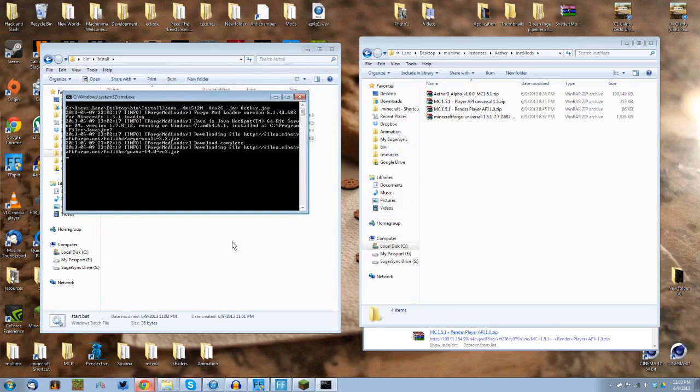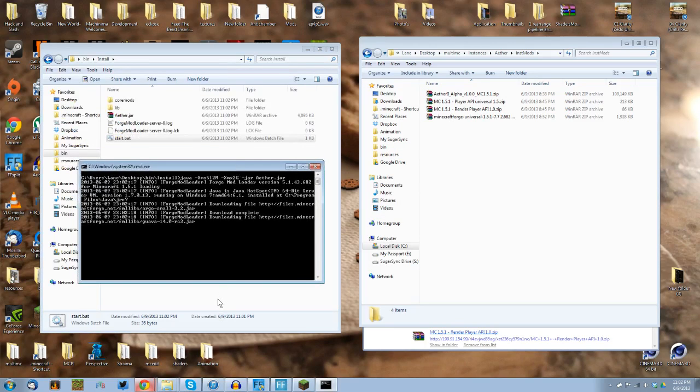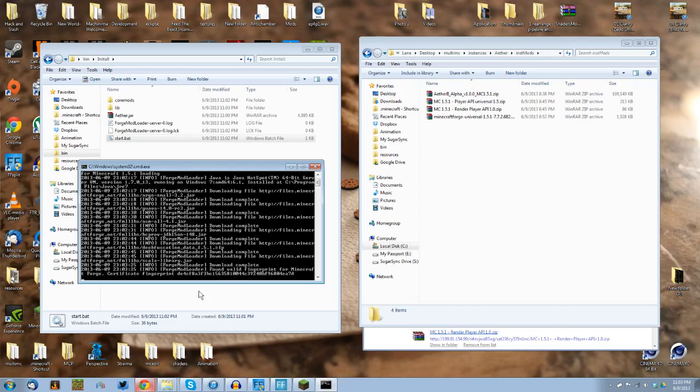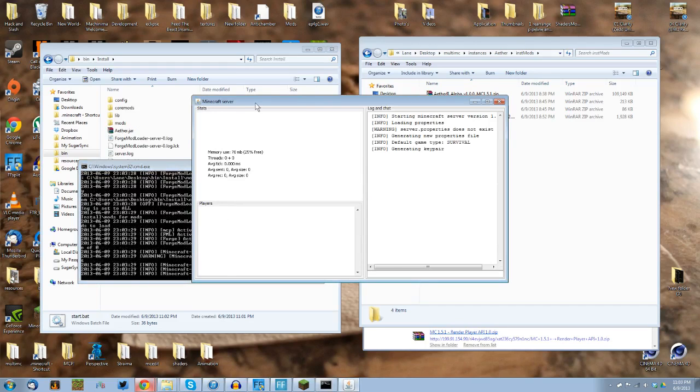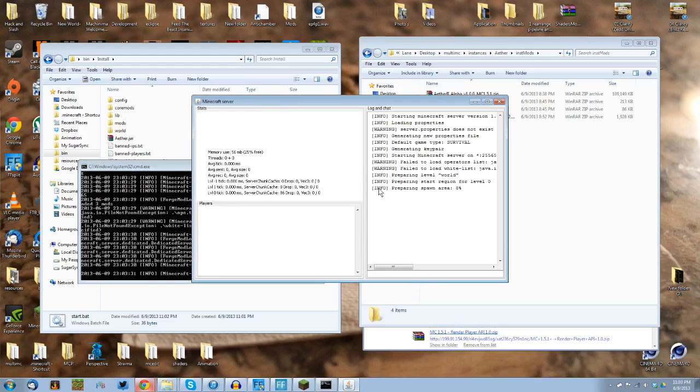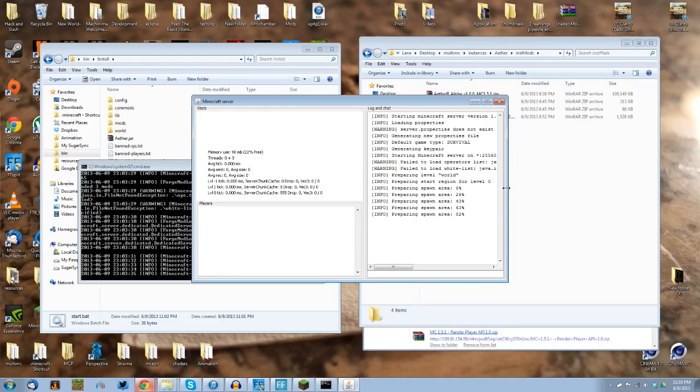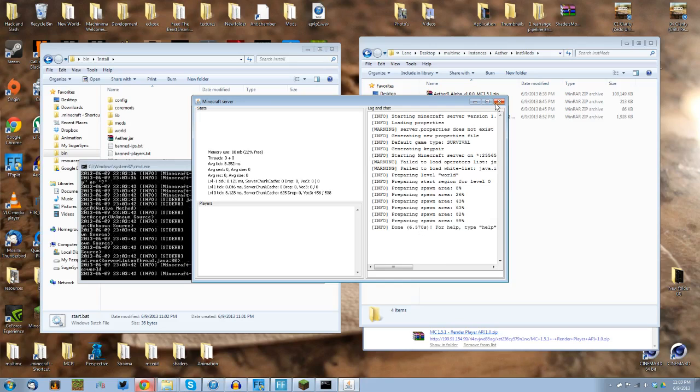And this will do that whole downloading thing, very similar to the previous time, which we will wait for once again. Alright, and once the download's done, you'll see this other window pop up here. It will say that it's creating the spawn area. And then at the end, it will say done. So when you close that,